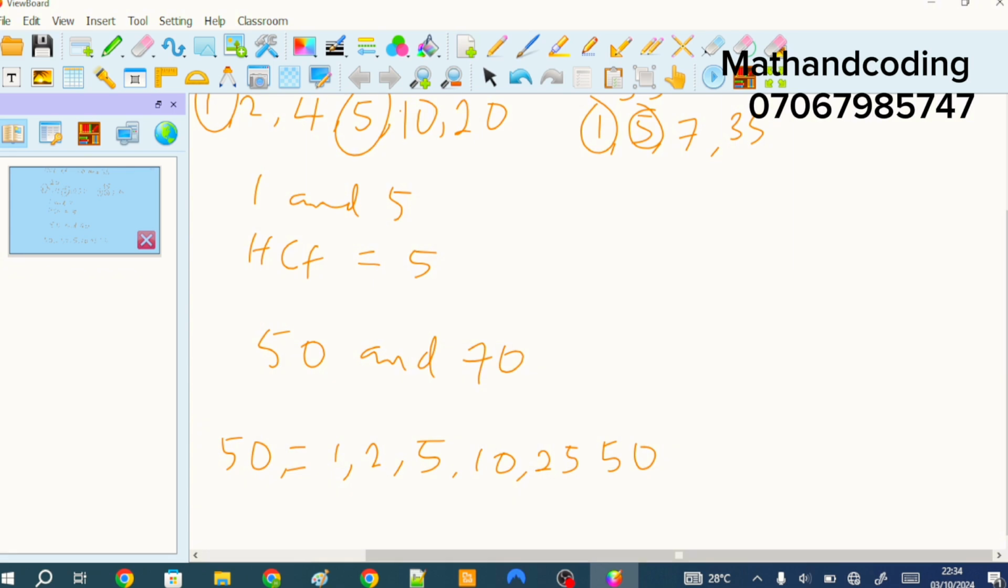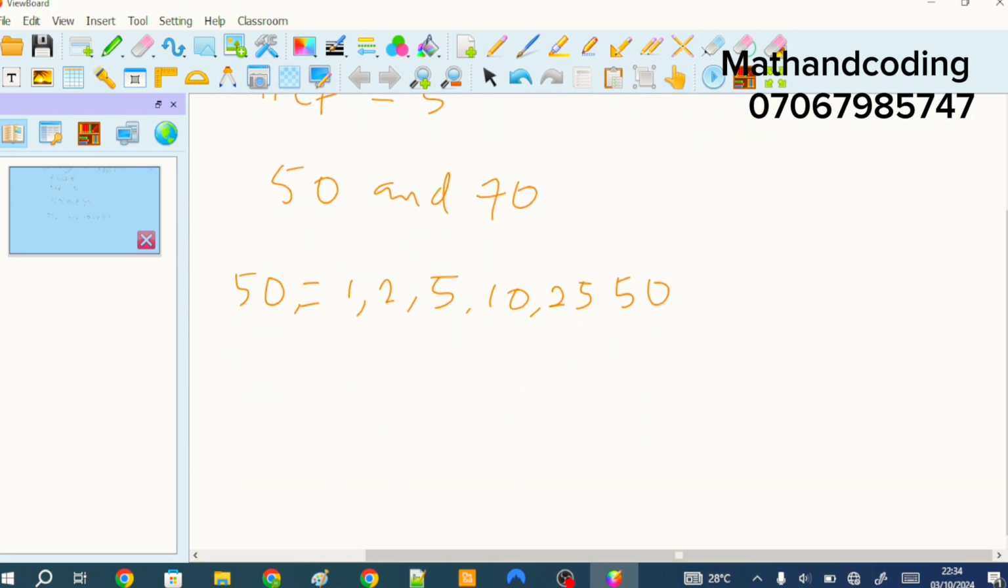Alright, so if we do the same thing for 70, we're looking at numbers that can divide. Remember, we're not writing multiples, we're writing numbers that can divide 70. So 1 can divide 70, 2 can divide 70 because 2 times 35 is 70, 7 can divide 70, 5 can divide 70 because 70 ends in 0. Any number that ends in 0 can be divided by 5. So 5 can divide 70, and